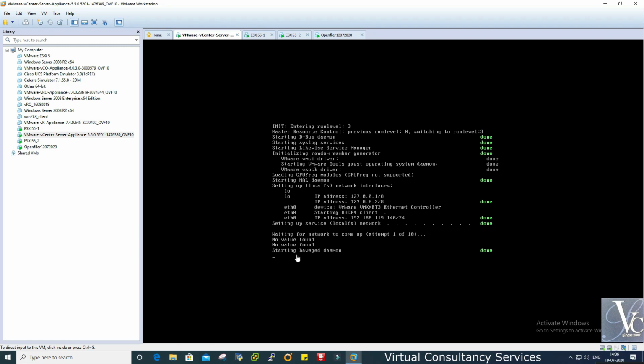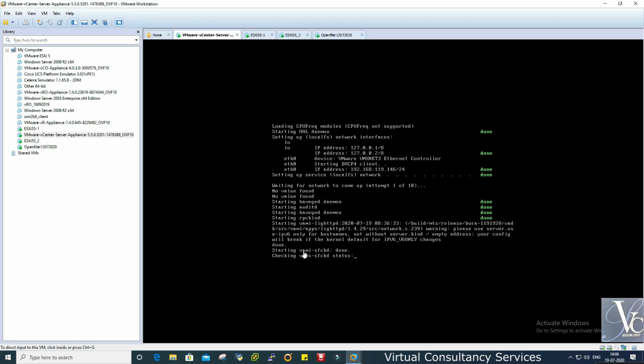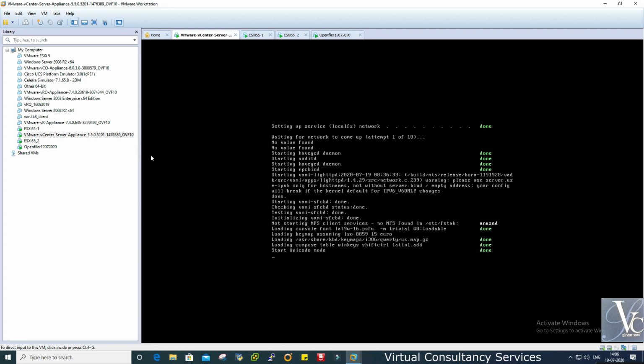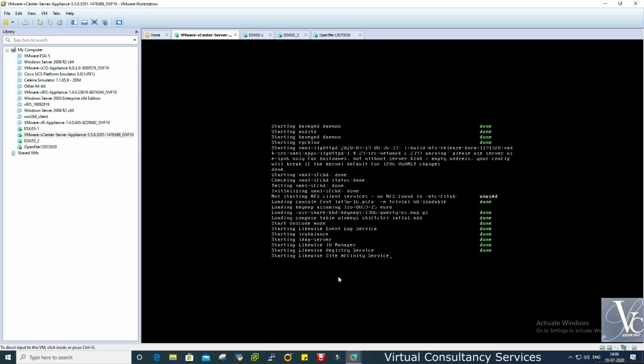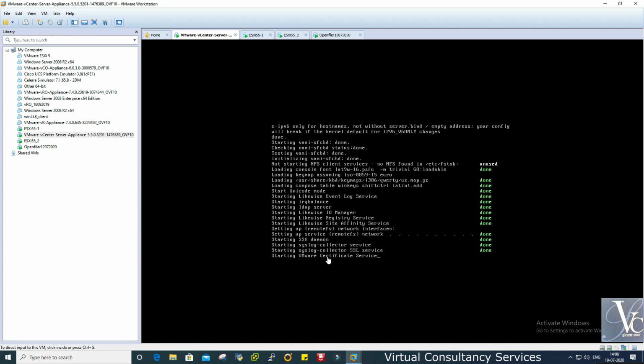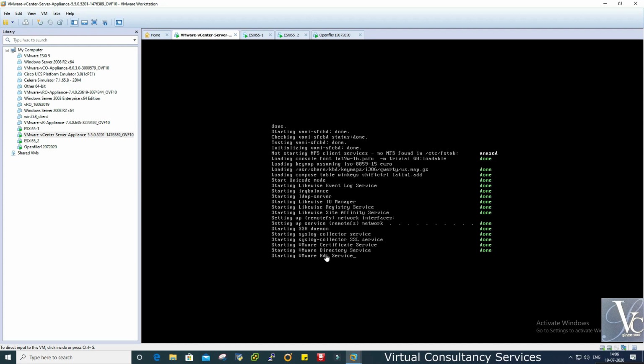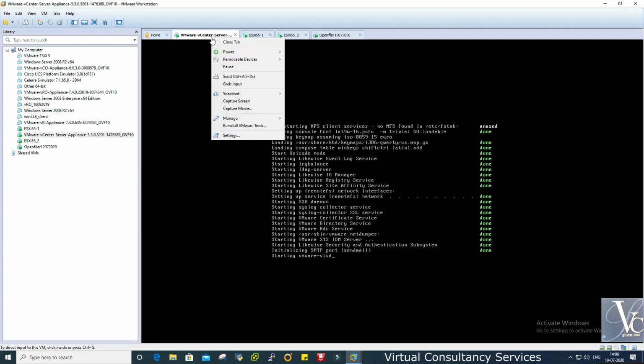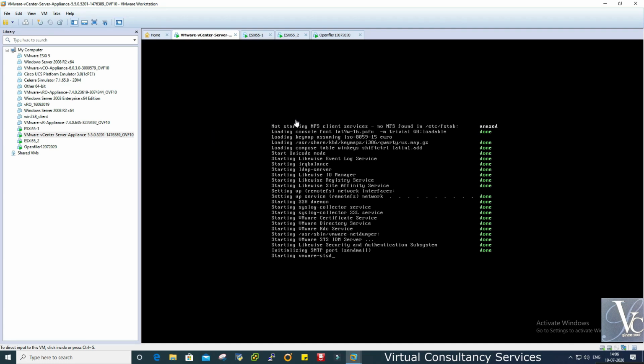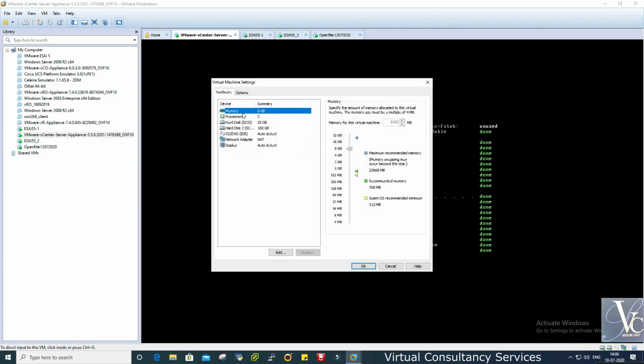It is starting the daemon, and the services one by one. It will not take more than 5 to 10 minutes. Still it doesn't have much database, so it will start immediately.